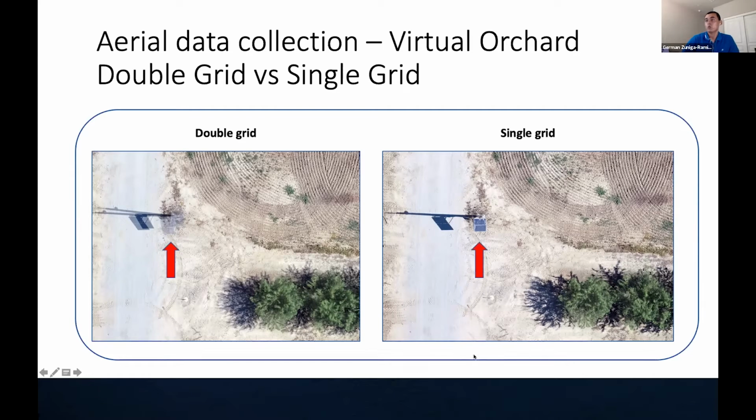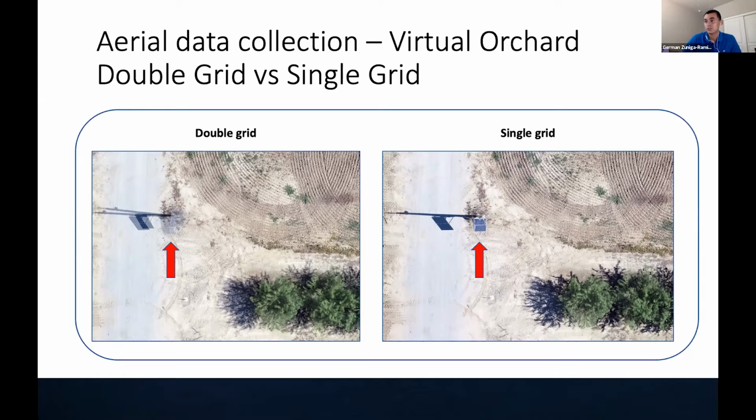As you can see here at one of the corners of the experimental orchards, we have a vertical pole holding a solar panel. We can clearly see that the solar panel was better reconstructed in the single grid images. The reason is that in double grid mission, we first take images in one direction, let's say north to south, and then we take images in the perpendicular direction. By the time we get back to this specific spot, let's say the mission took 20 or 30 minutes, this specific spot will look different from the aerial view. So the sun angle slightly changes,